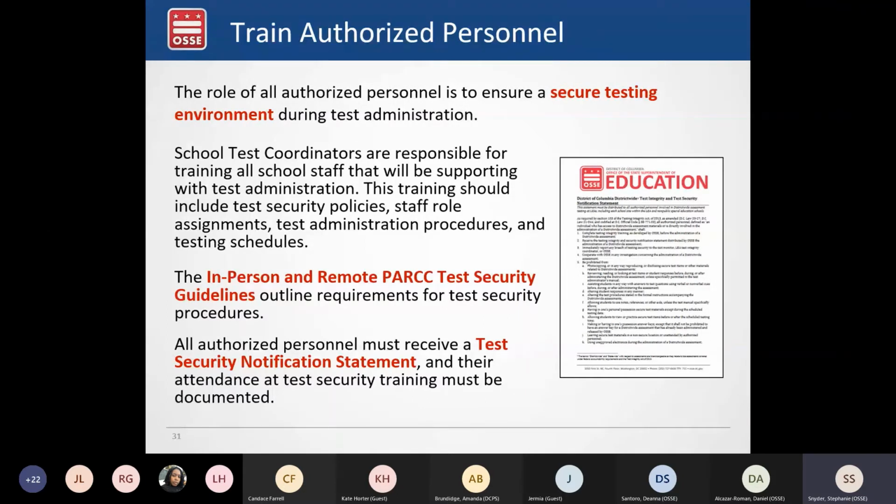We do understand that remote statewide testing is new, it's challenging, it's a different experience for LEAs and schools, and many aspects of the remote testing environment may be outside of your control. But we just ask that you do your best to inform folks involved in testing or who may be in the vicinity of testing of best practices and expectations for testing environments to the best of your ability, knowing that not everything is within your control.